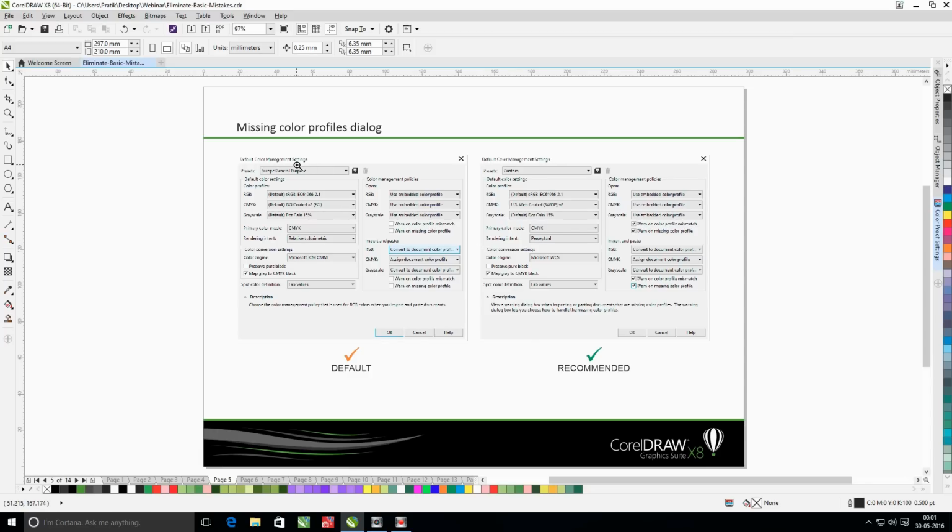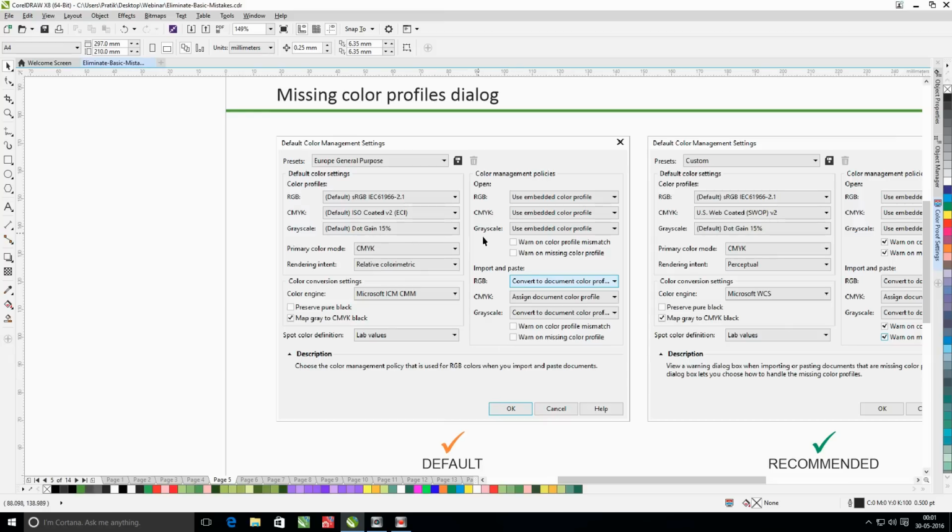Another important setting that I have seen users ignoring is the color management dialog box, wherein you have checkboxes to warn you on a missing or mismatched color profile.